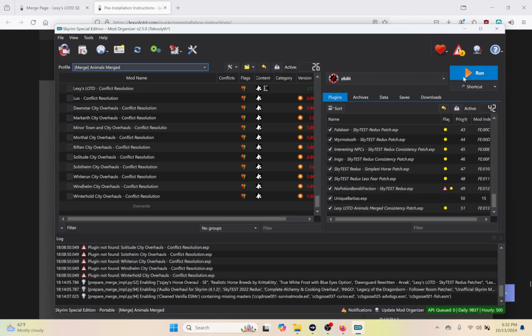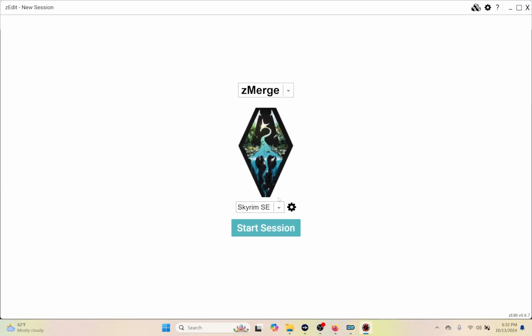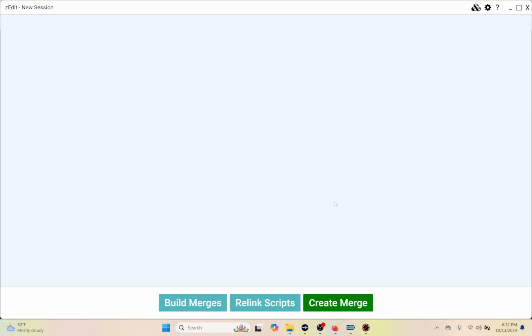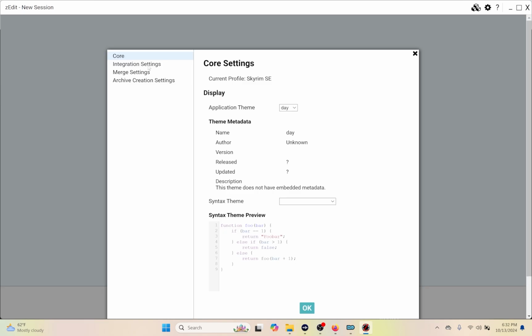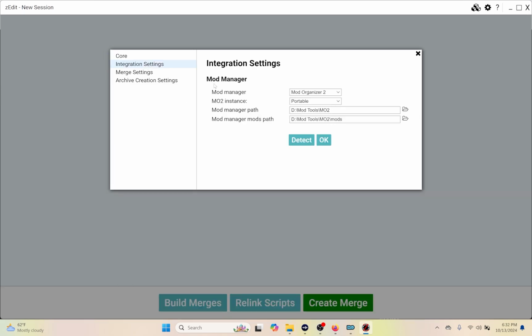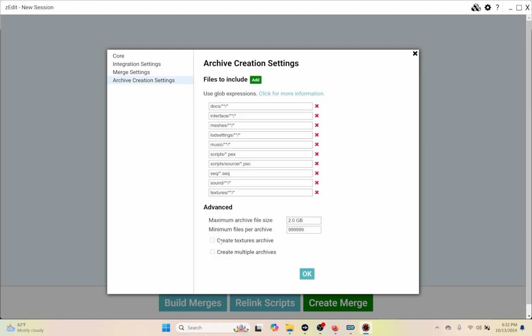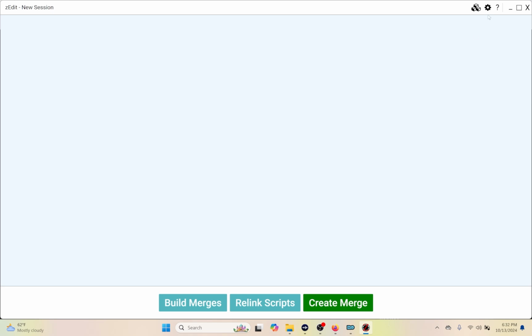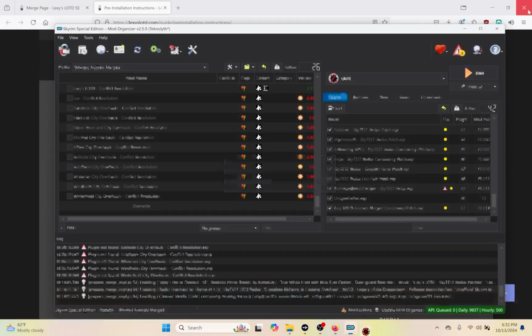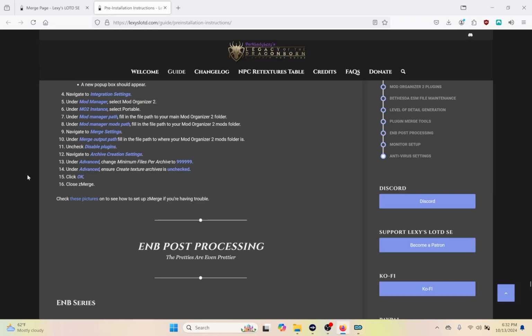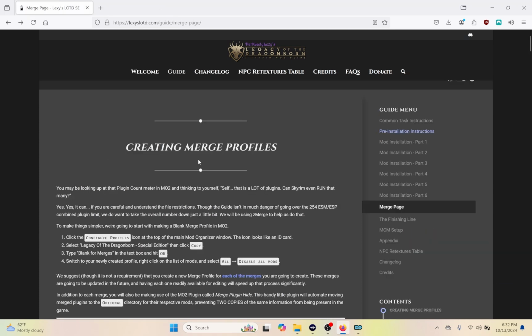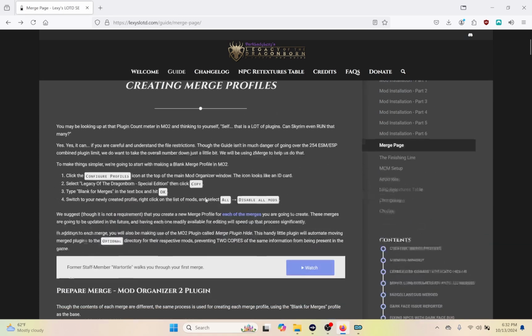Now we're going to go back into ZEdit. We're going to make sure that those changes took place. So start session. Integration settings is all correct. Merge settings is correct. And the archive creation settings is correct. So we'll press OK. All right. So with that fixed and done, we can go back to creating the merge,